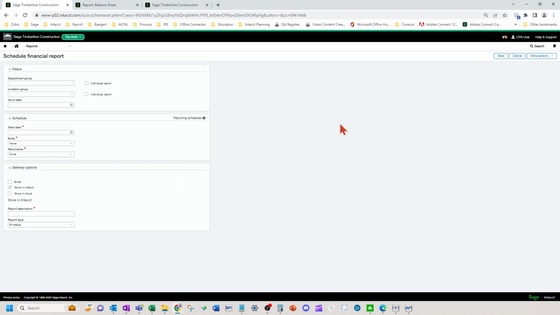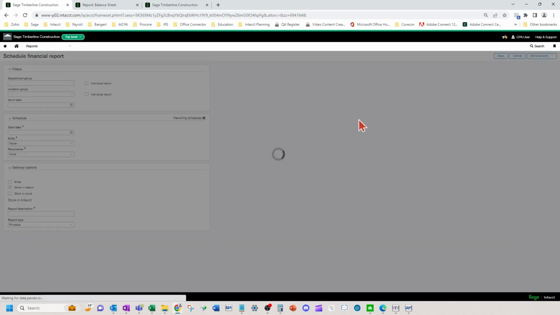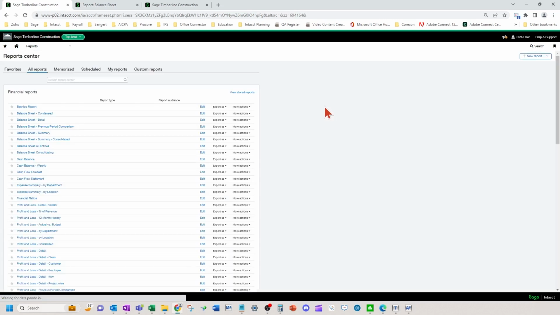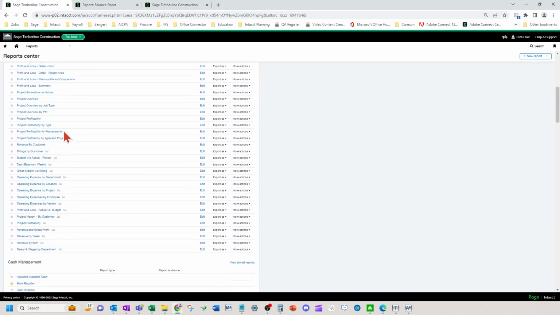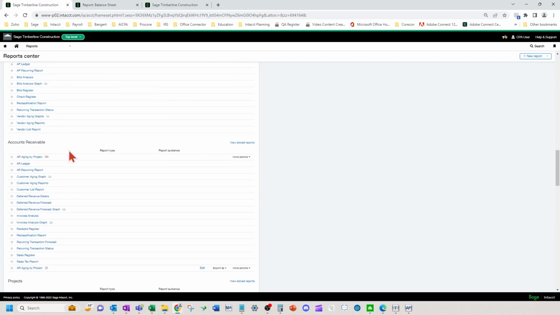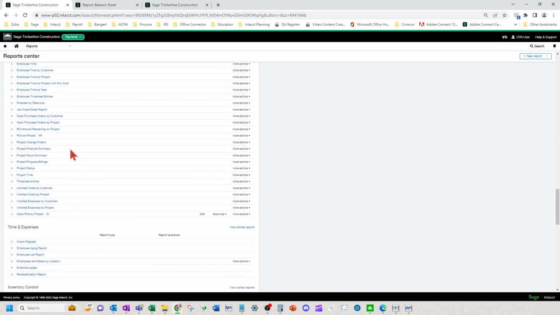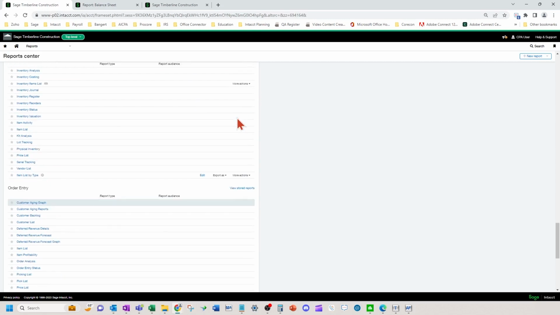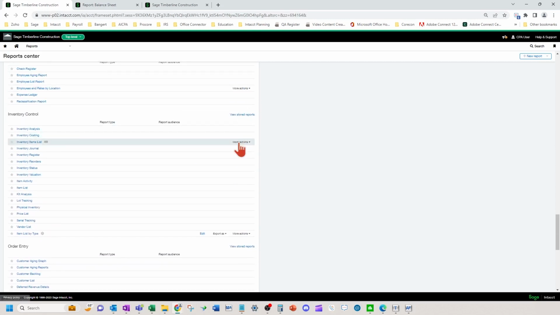I just wanted to point that out. So really nice scheduling options in Intacct to do your various financial reports. There are all these other reports as well that you can work with and schedule with the more actions over here.